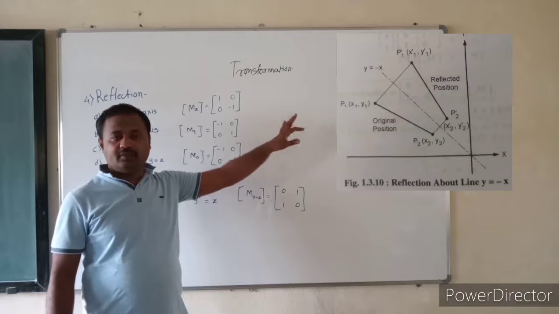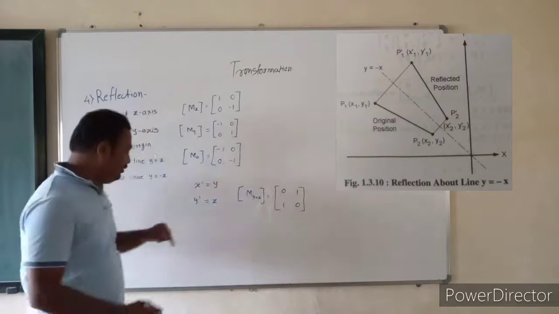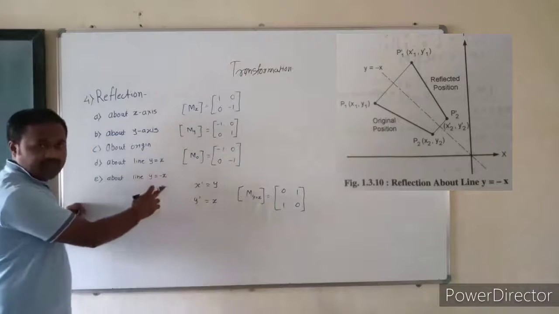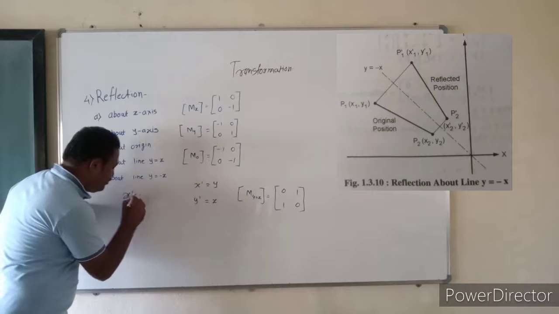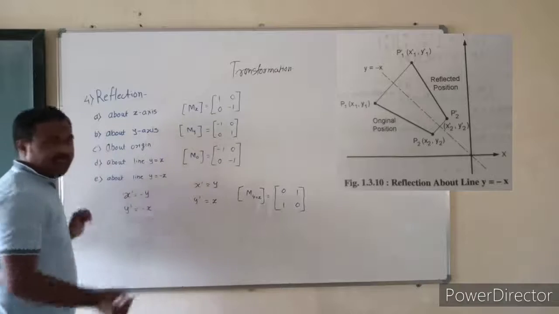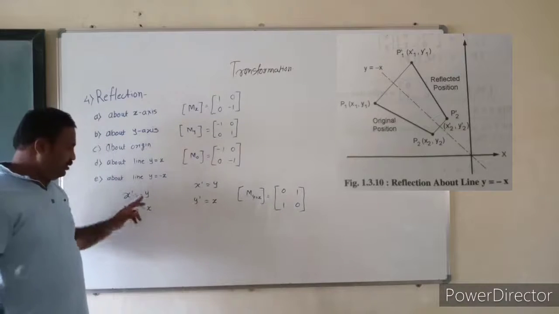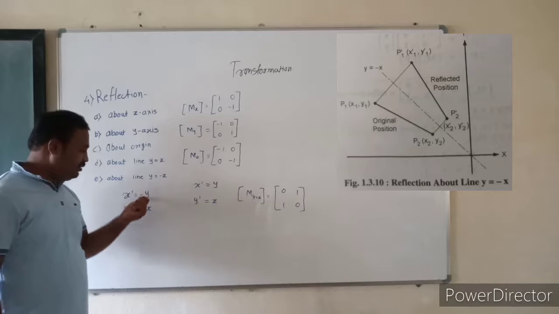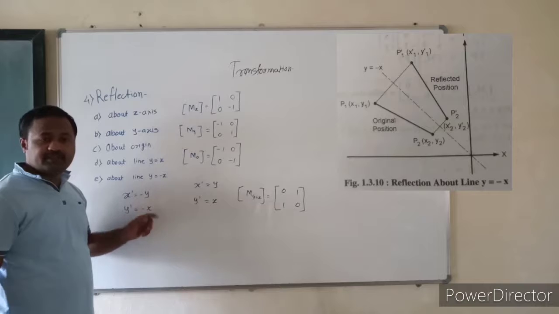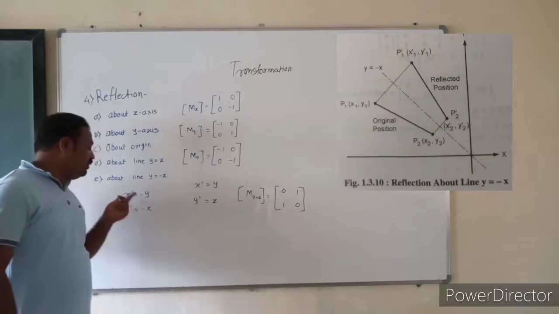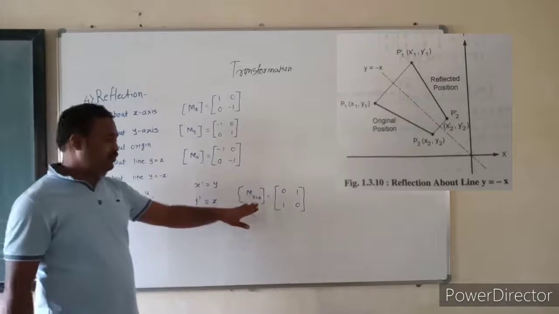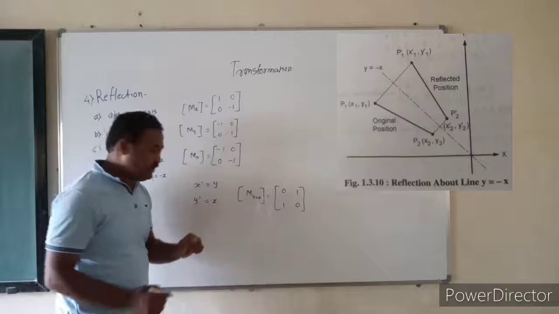Reflection about y is equal to minus x. For y is equal to minus x, x dash becomes minus y and y dash becomes minus x. Okay? Negative sign is applied with the interchange of x and y. Hence, for finding the new coordinates, the matrix will be